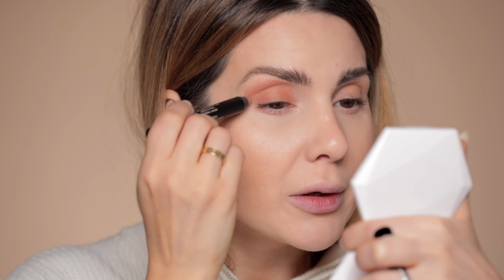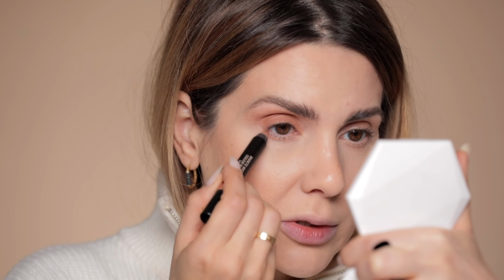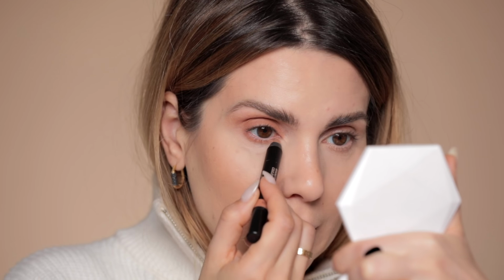You guys know this. You know, spread it with my finger like so. This dries pretty fast, so you gotta spread it fast. This is just giving me a little bit of shadow on the eyelids. And then I do the same for the lower lashes